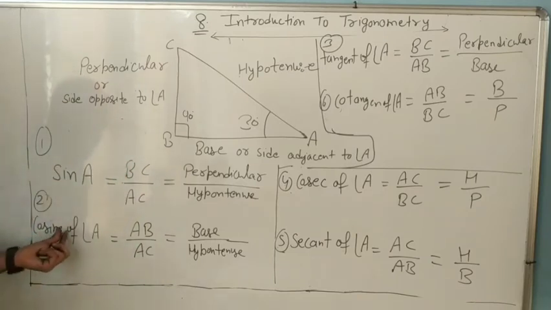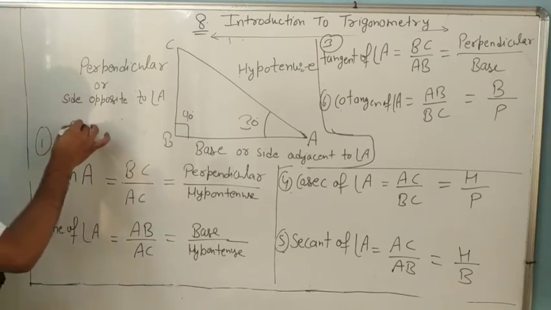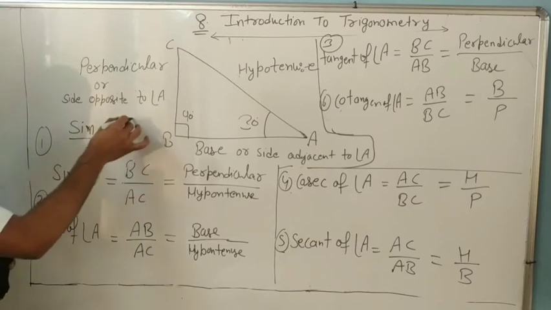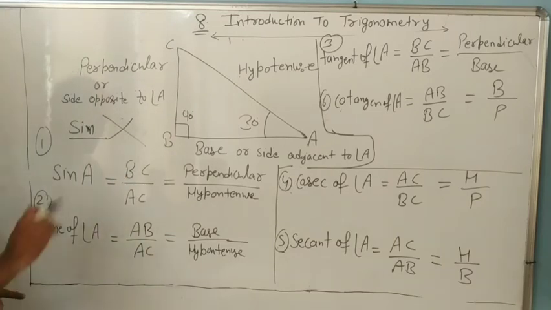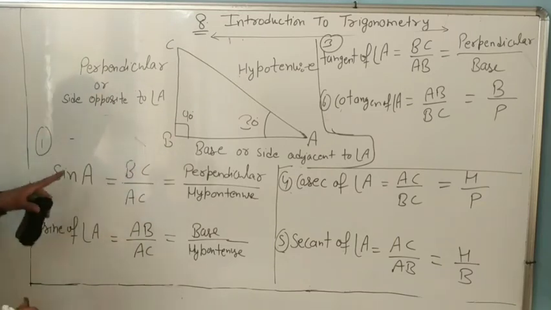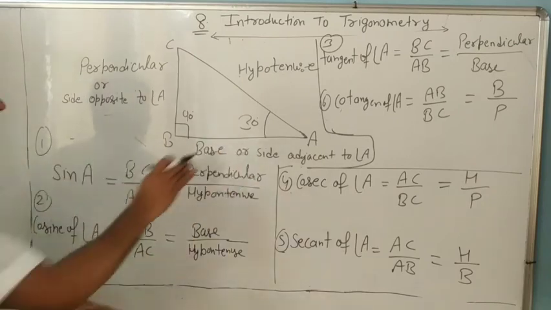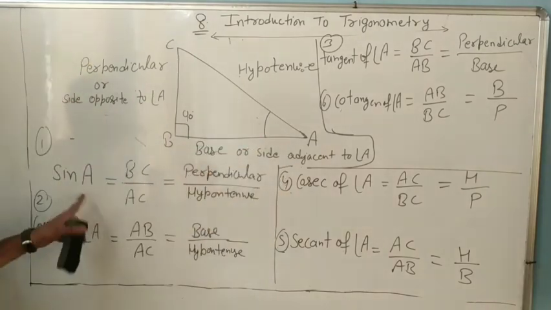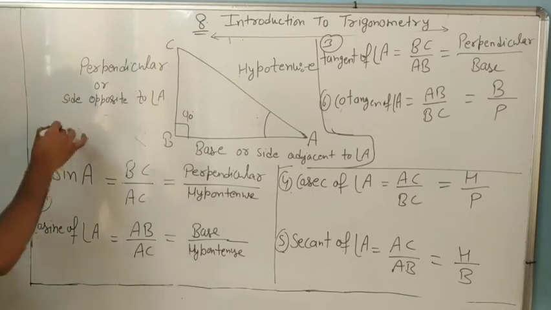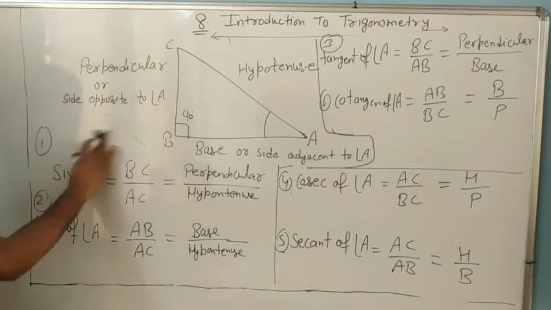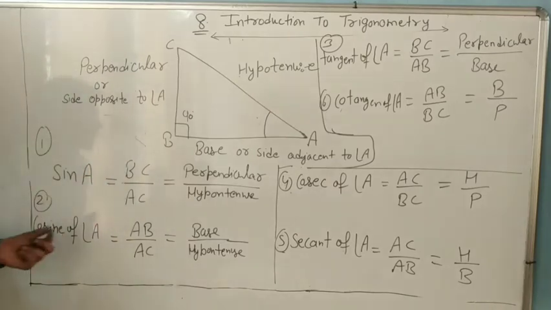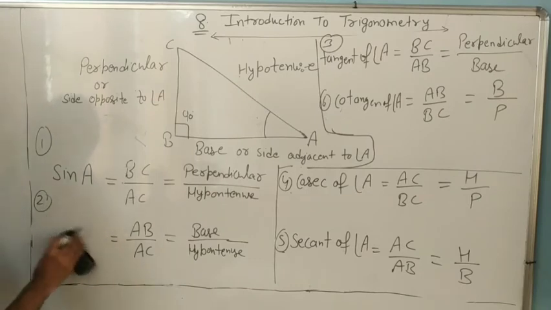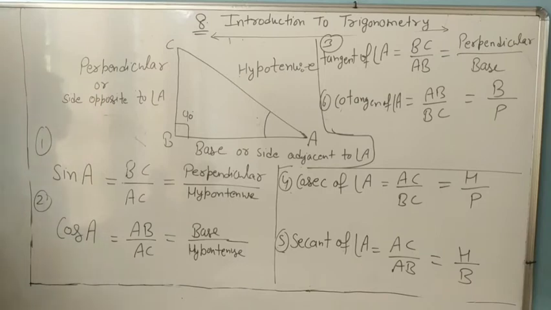Same as it, cosine of angle A. And remember, if any student writes only sin, it has no meaning. Always we will write sine with an angle. What angle are we taking? Angle A. Understand? No need to use the notation of sine alone. Okay, dear? Same as it, cosine of A, we will write cos A. Cos A means base by hypotenuse.